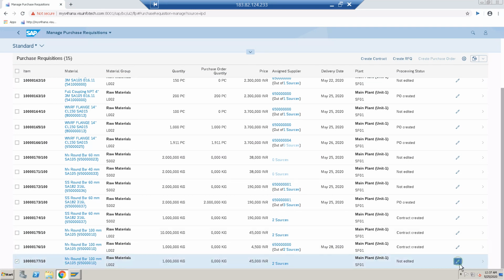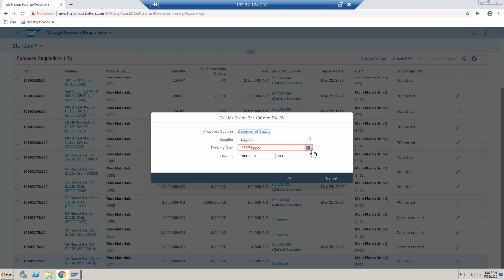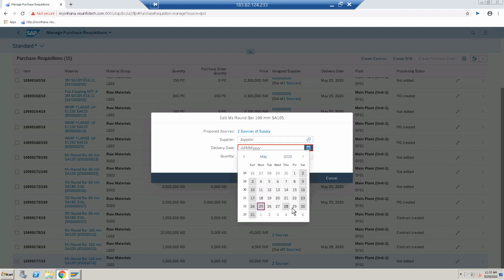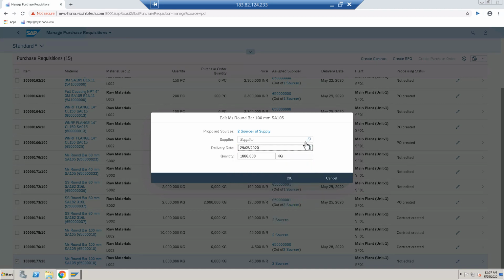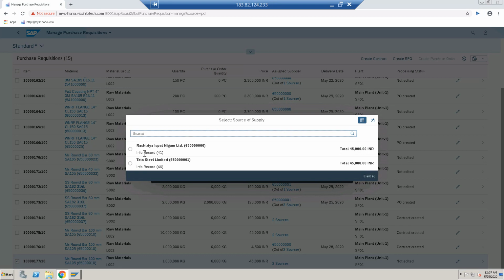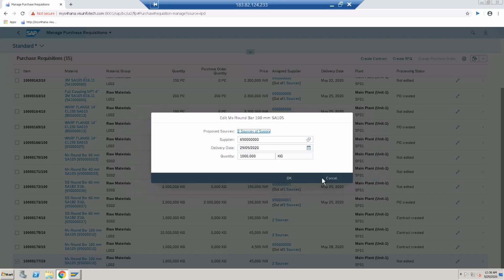Then go to edit. Enter the delivery date. I want this material on 29. There are two suppliers. This material has a source of supply, two vendors are there. Select your supplier vendor from both. I want to choose this vendor, and okay it.